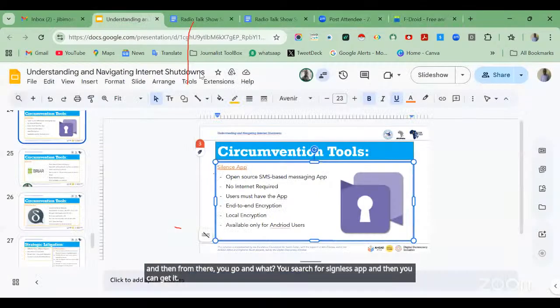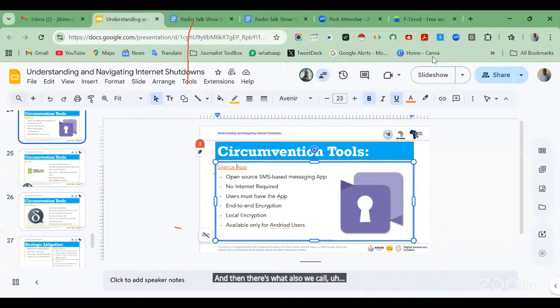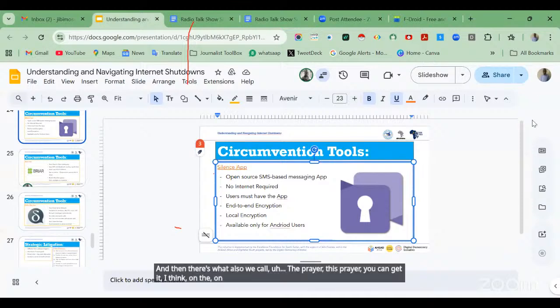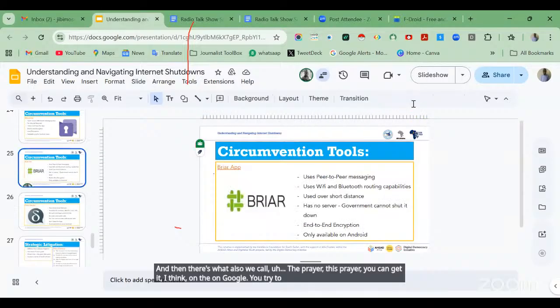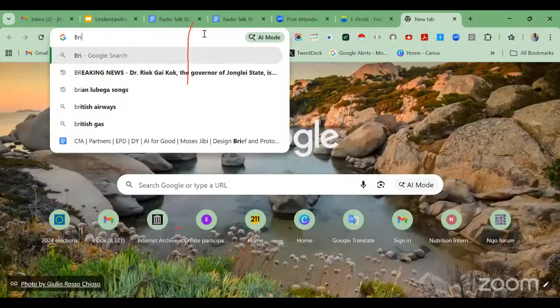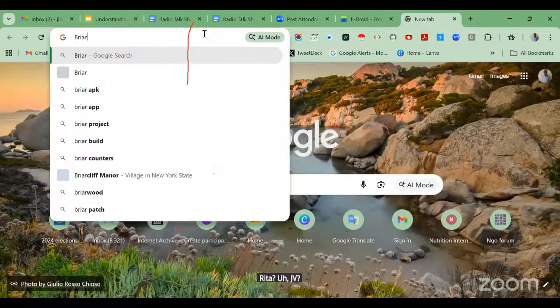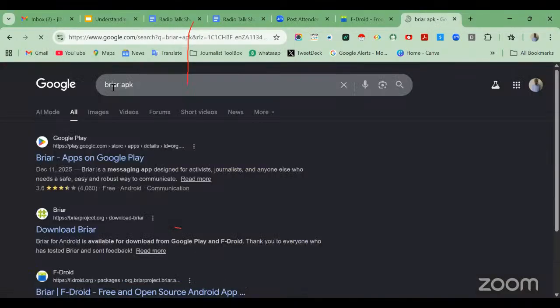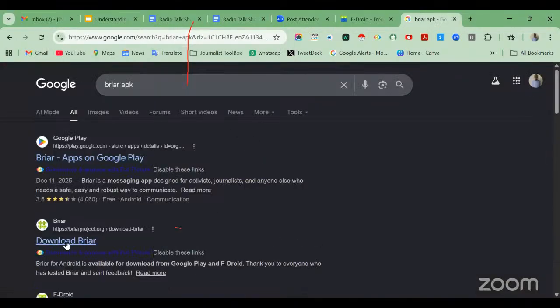And then there's also what we call Briar. This Briar you can get it, I think, on Google. You try to search it. Yeah, it's that one.